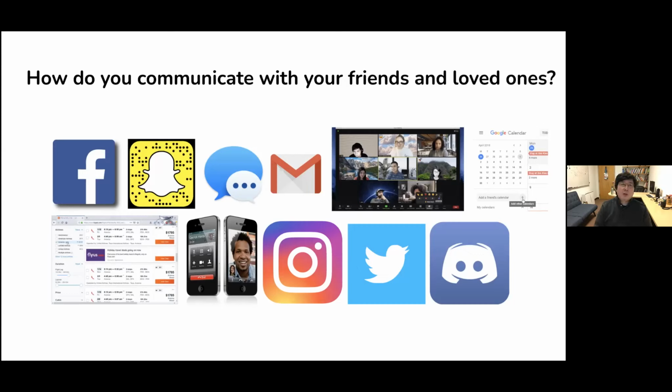Even when you have to drive to your family in a different state, you have to use navigation, right? And today, using social media or Zoom, going to virtual school, email, FaceTime. There's really a lot of use of computers in connecting with people.